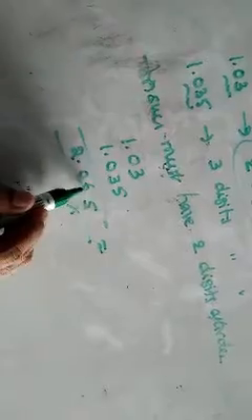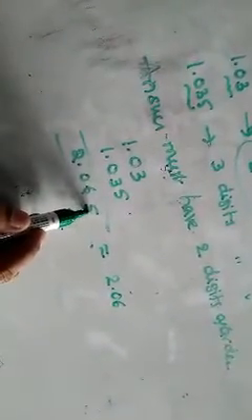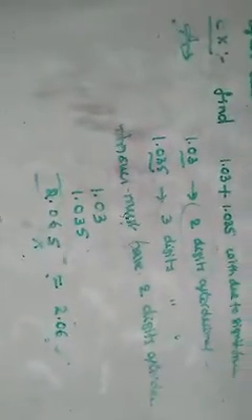But in the previous class I told you rounding off. The digit to be dropped is 5. The preceding is even. It should not change anything. So finally 2.06. Don't change it. Don't write 0 also. Leave it. This is your answer. So the final answer is 2.06. So this is the way of finding addition. Similarly, subtraction also is the same model.